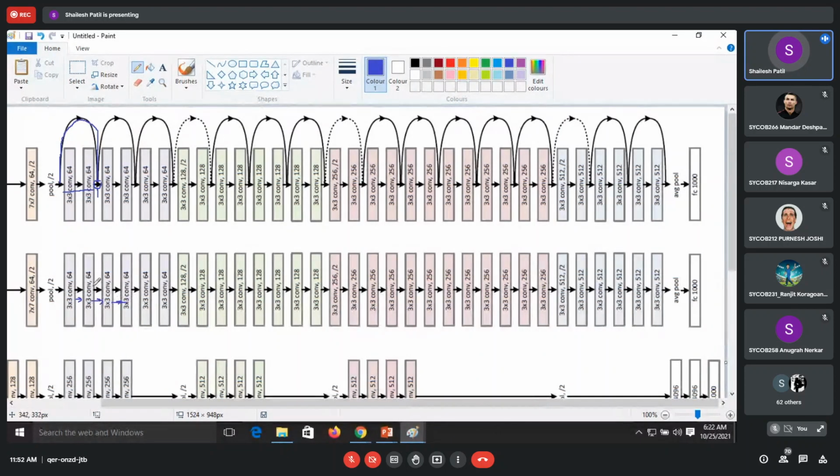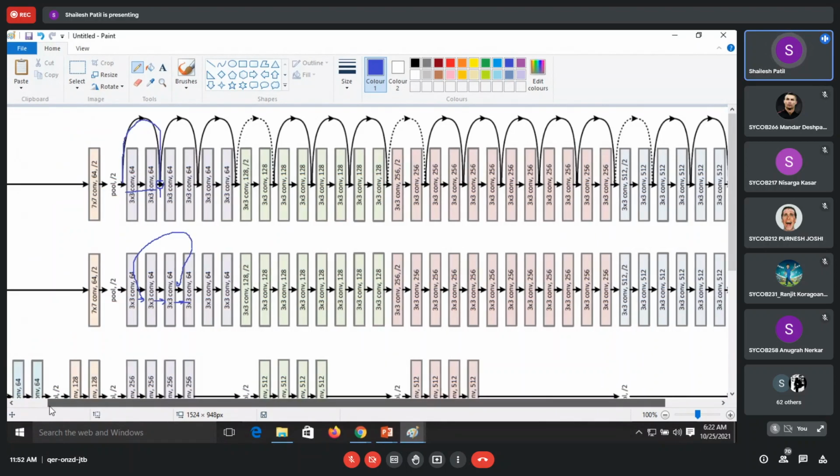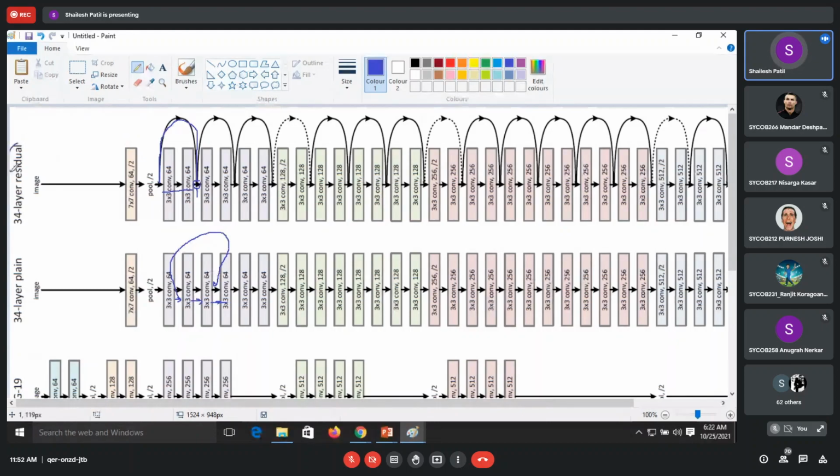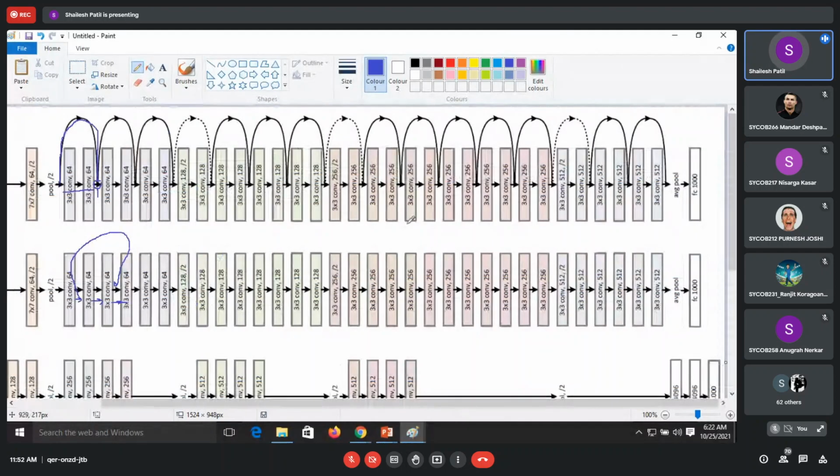What that person did was, along with the output of this layer, we again add some output of a previous layer to the next layer, so that will improve the accuracy. This particular addition is called a residual network, and that is why it is called that. This improves the accuracy of the algorithm very much, so in very few steps, with very few additions of this cycle, we have reached it.